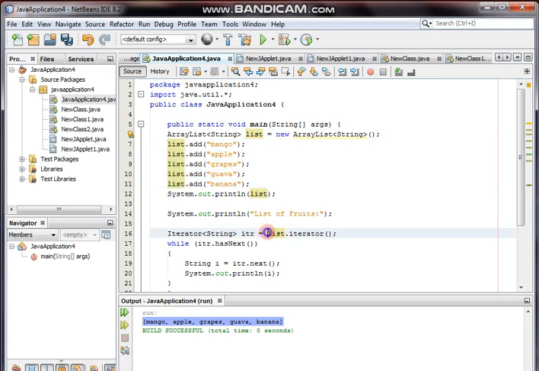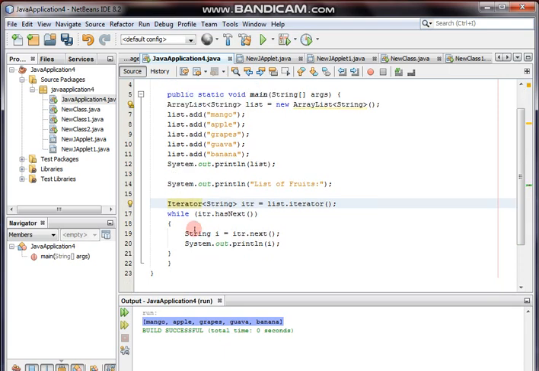So all this is getting stored in the variable or object itr, and itr belongs to the Iterator class. Thereafter, when all the data gets stored in the iterator, we need to print them one by one using a loop. That is what we are learning via iterator. So I took here itr.hasNext. hasNext will return a boolean value, boolean return type.